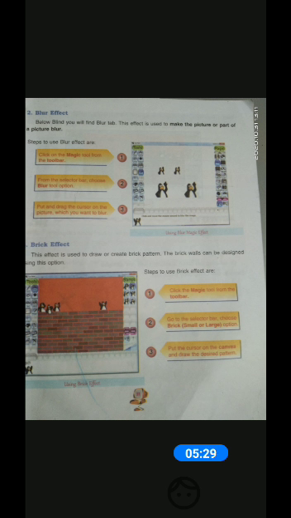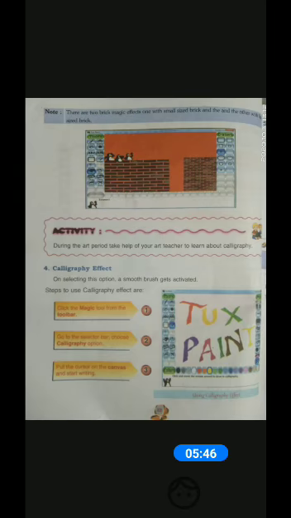The third step is to put the cursor on the canvas and draw the desired pattern as you like, in small or large size. Students, on the next page there is a picture with two brick magic effects, one with small size brick and the other with large size brick, as you have seen in the picture.